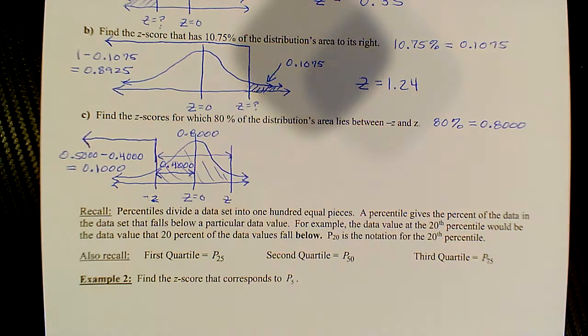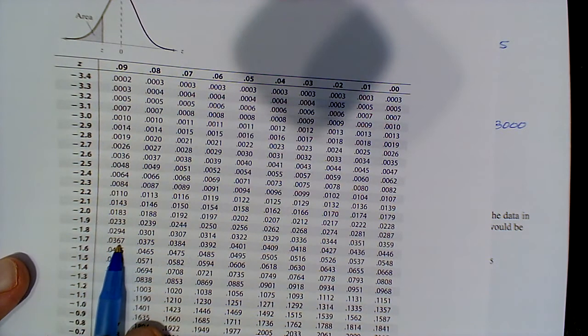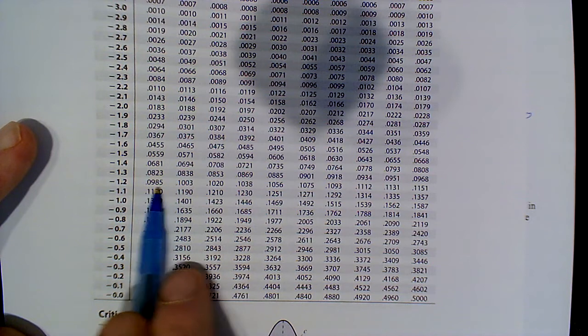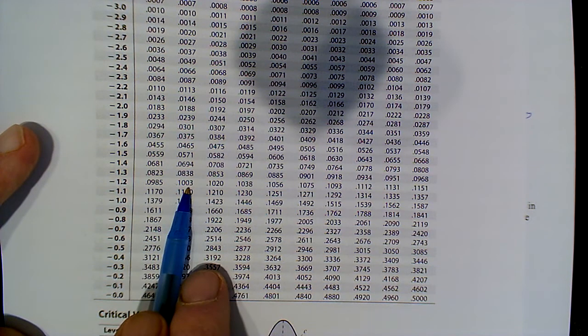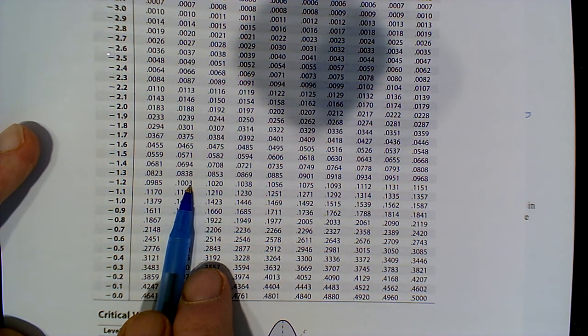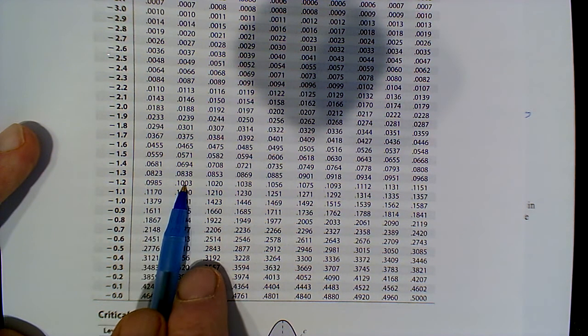So again, now we're on the negative portion, and we're looking up 0.1000, and it looks like it's between these two values, 0.0985 and 0.1003. But it's closer to 0.1003 because it's only 3 10,000ths away, and this one is 15 10,000ths away, so it's closer to